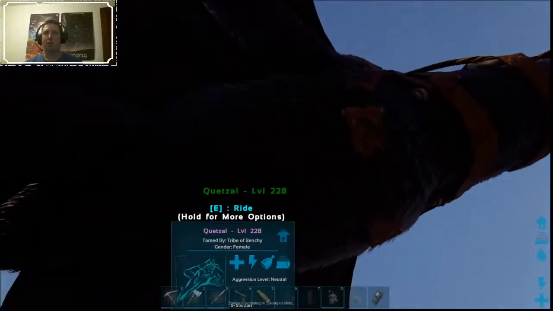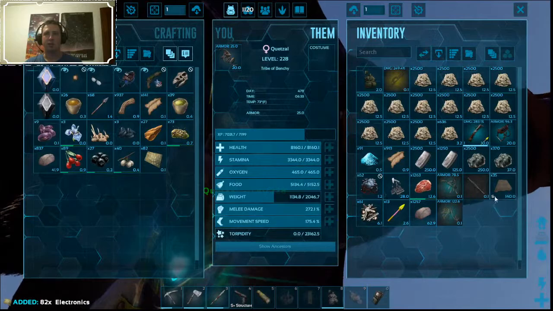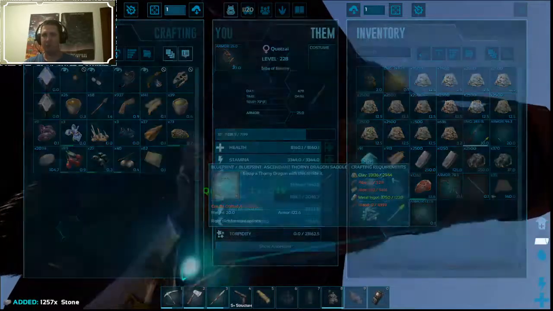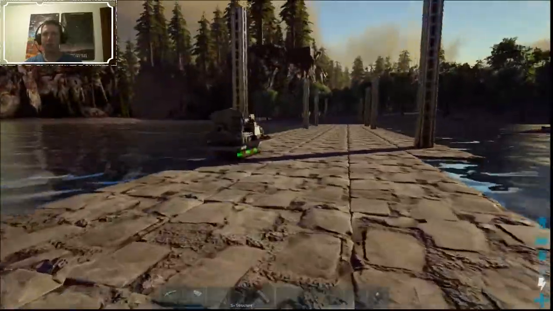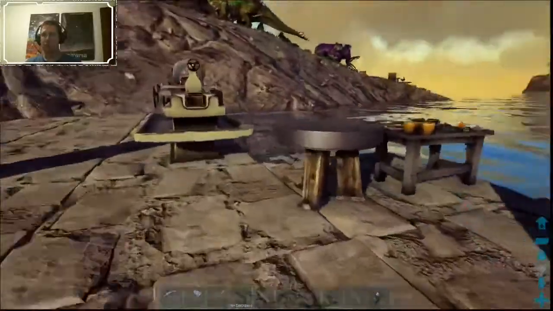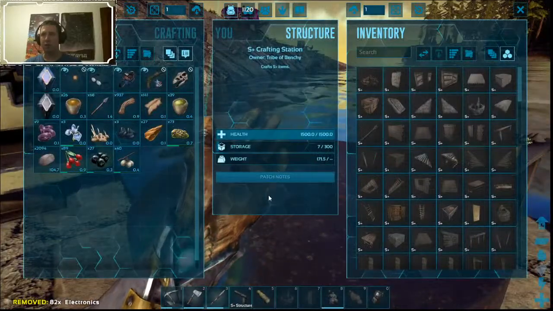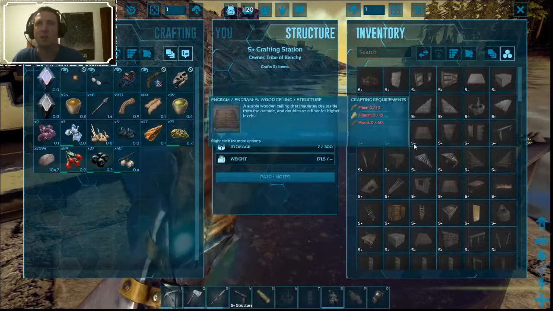Yeah, I think workshop's gonna be the best bet for us. I got a bunch of electronics here. I'll leave this guy. He's got so much stuff on him. God, it's so nice having a Quetzal. We'll put that in there. If that's the case, let's see here. If we're gonna make...